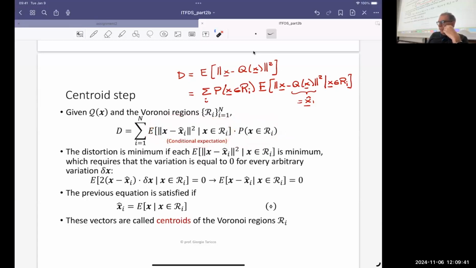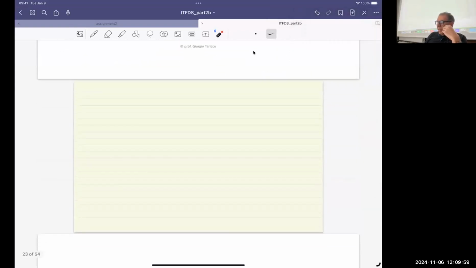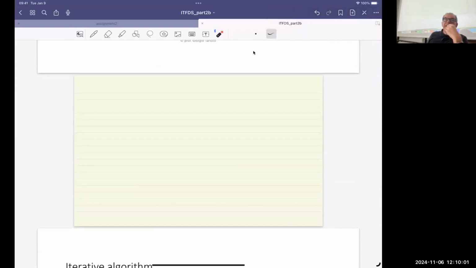And to do it, we consider the variation of this expression with respect to x hat sub i. I don't know if you have already encountered the concept of variation. Essentially, the concept of variation is just the same thing as the differential. If you have a function